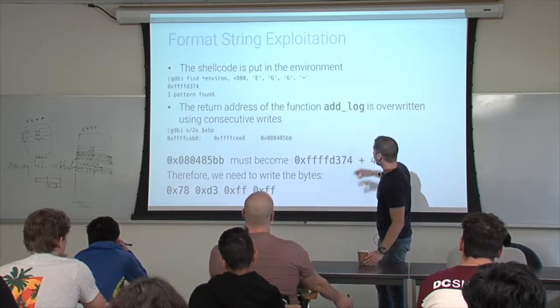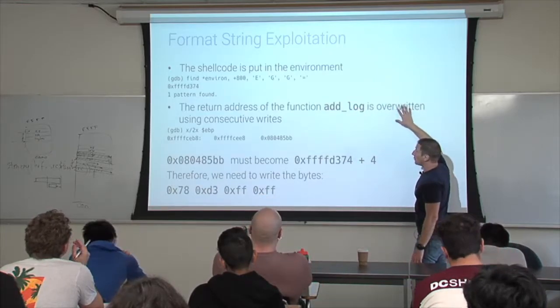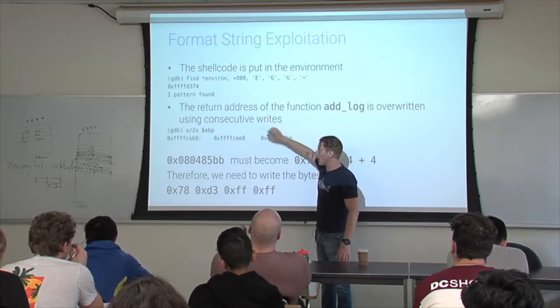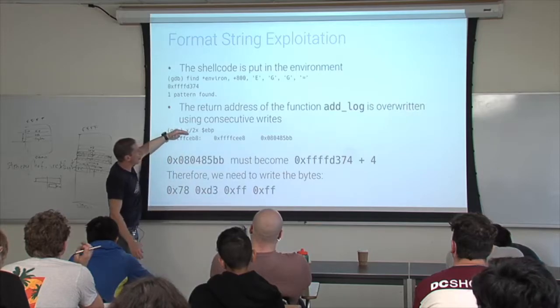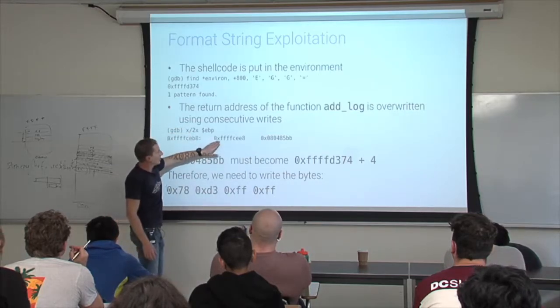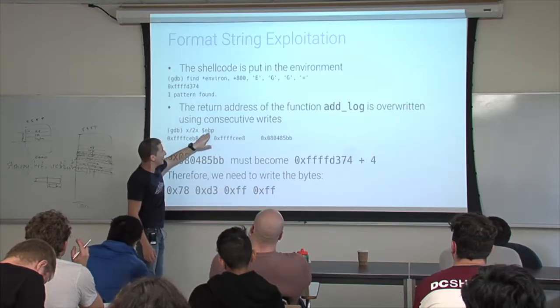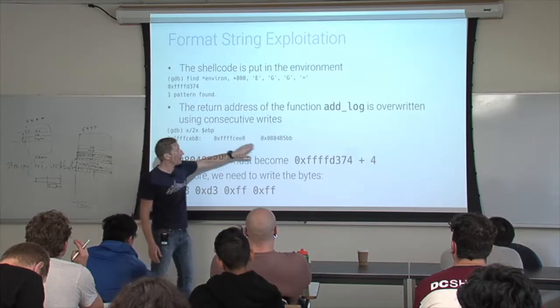Now, the addlog function, okay, we have to overwrite the return address of that function using consecutive writes. Okay, so if you look at where we are in EBP, if you print 2 integers at EBP, you will always find the saved EBP followed by the